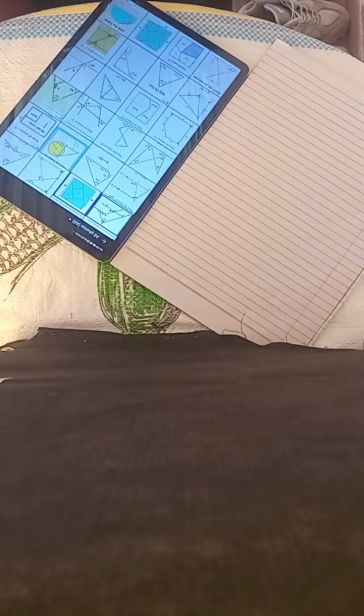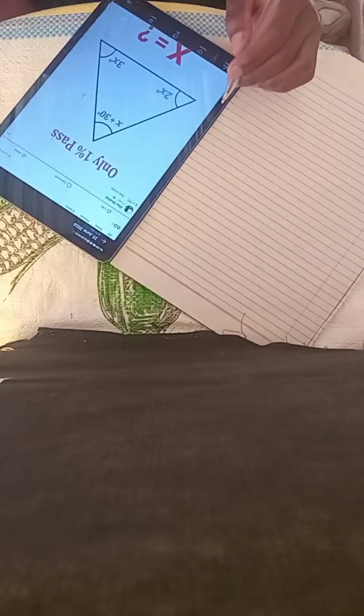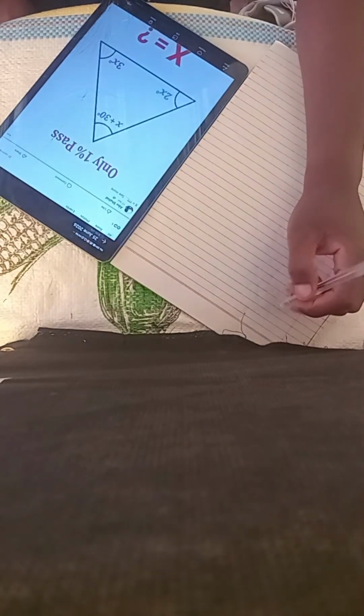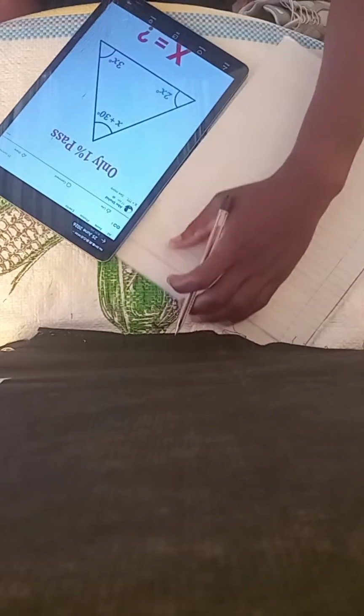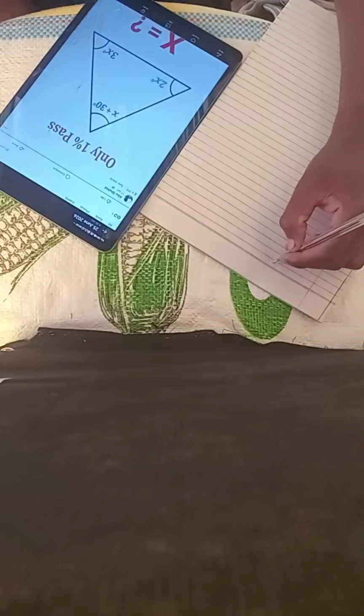Start with a simple question. Start with this question. Solve for x. This is a question. Solve for x, which is